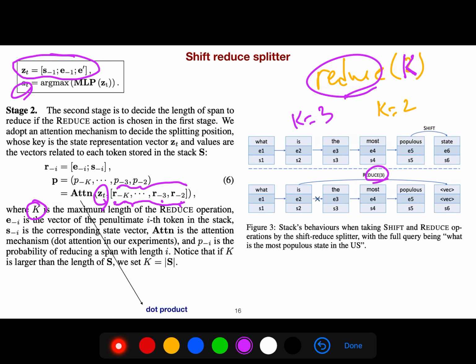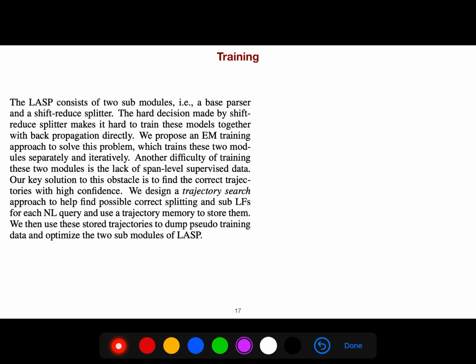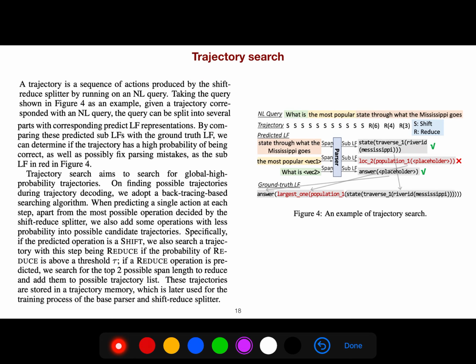For example, like here, what is the probability that the last 3 tokens are enough to be separated? And the training is very easy. We design a trajectory search. And the important thing which is challenging here is that in the training data, we don't have these trajectories of shift and reduce, and it is tedious and not in harmony with what our brain does. Our brains never